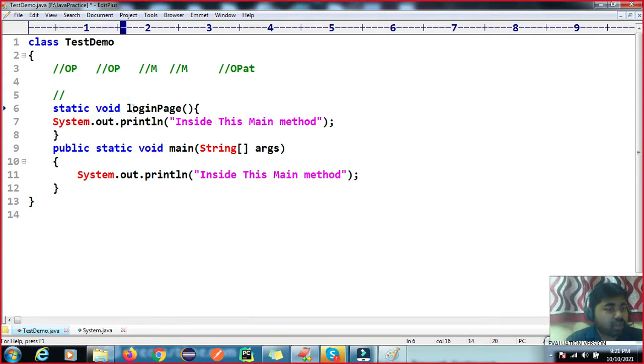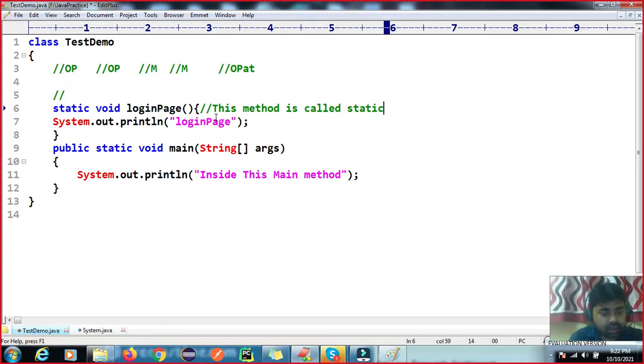So this is your login page method. This method is a static void type, non-param, there is no parameter, right?